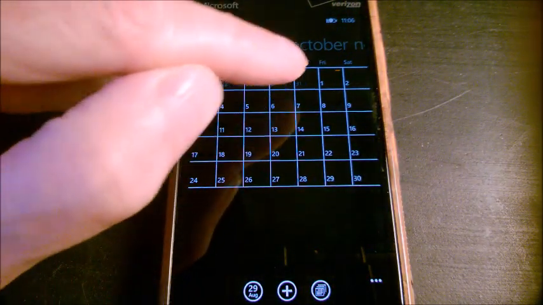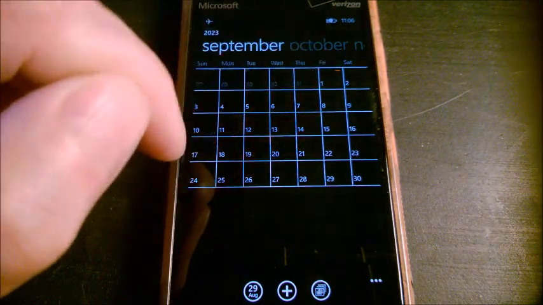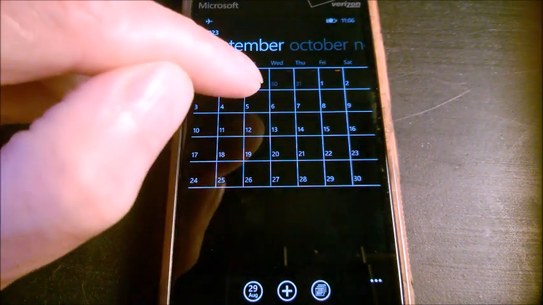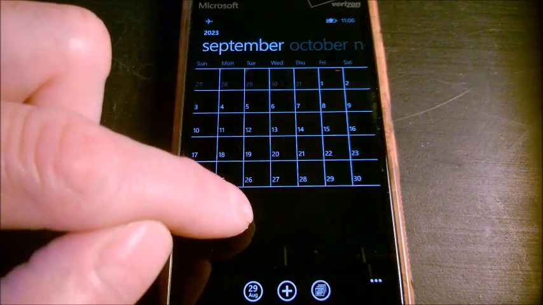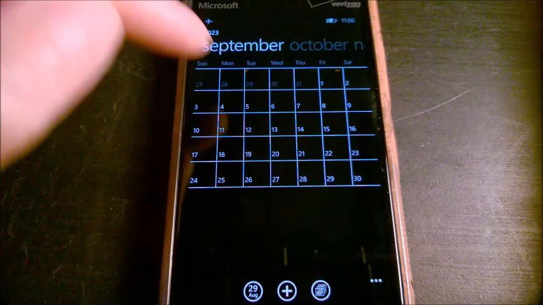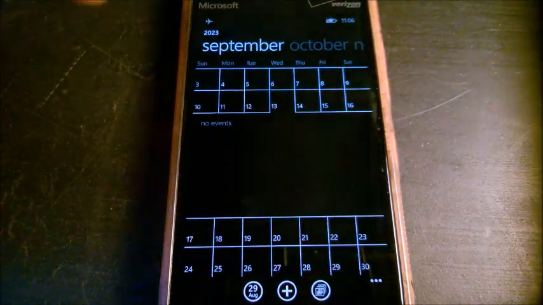You can see here there is a small line, a red line. That's how you know there is an event on that day. And when you see actually a smaller red triangle in a corner, that is the actual day. So the events will show us small lines. Let's just add one on the 30th.